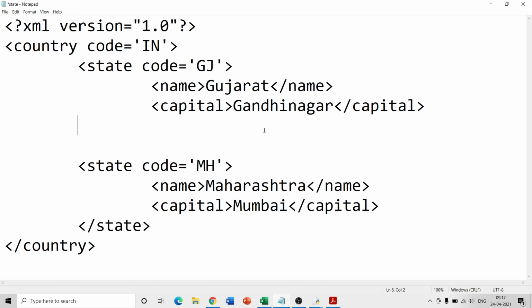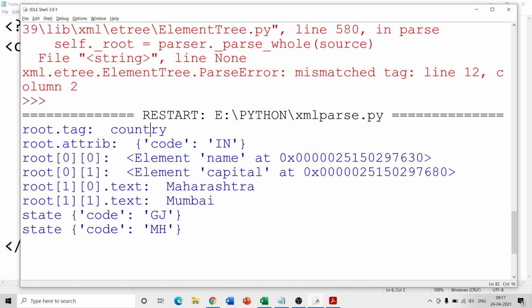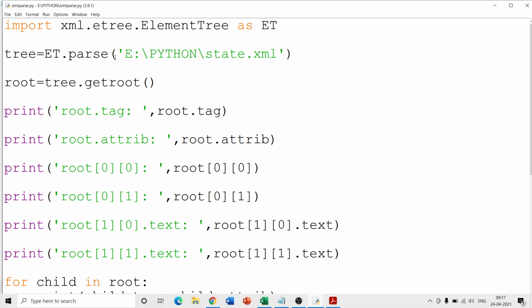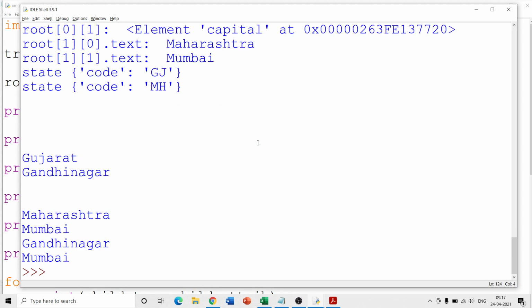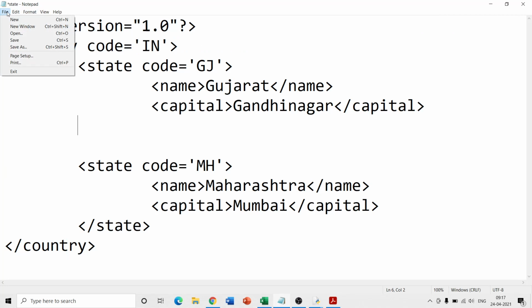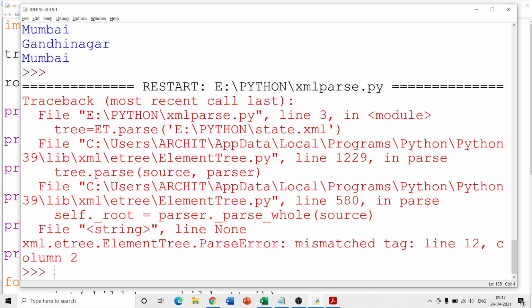Okay, so we were caught up with some error, but let us try to check it once again. Let me execute this and let me explain to you where the error is. In fact, I should have saved the file, and now let me re-execute the code. Run module. See, we get an error,